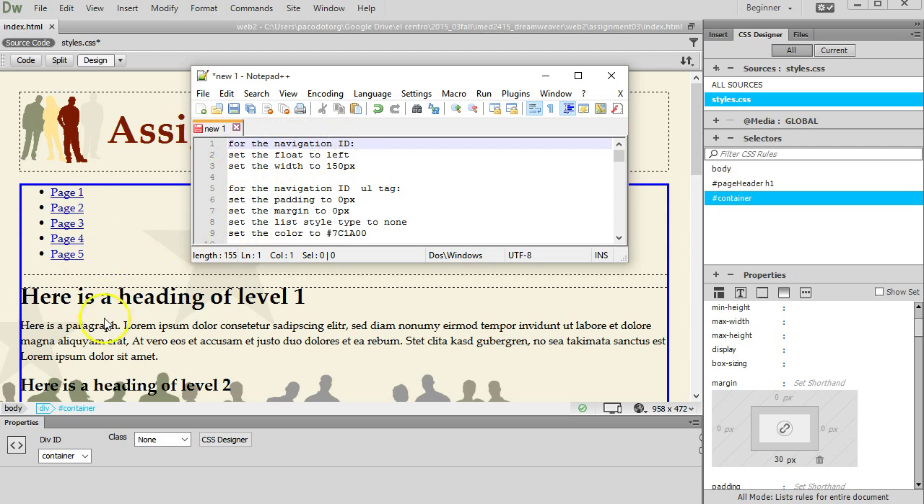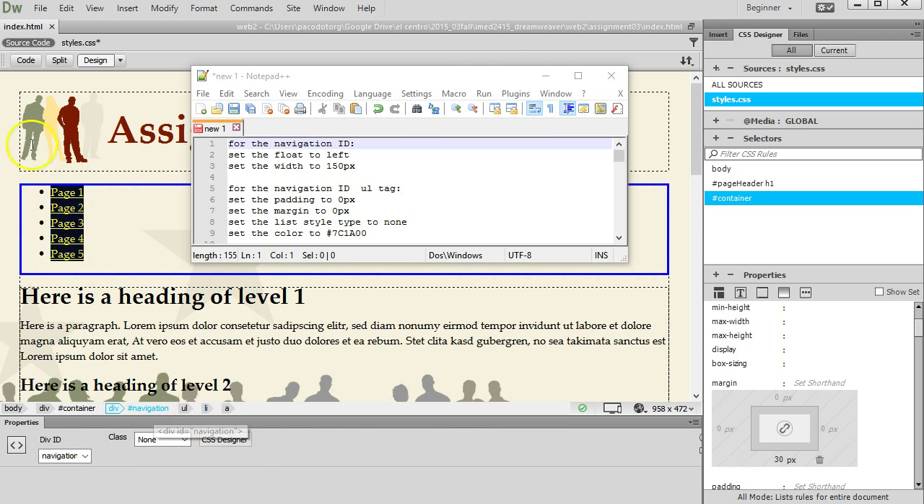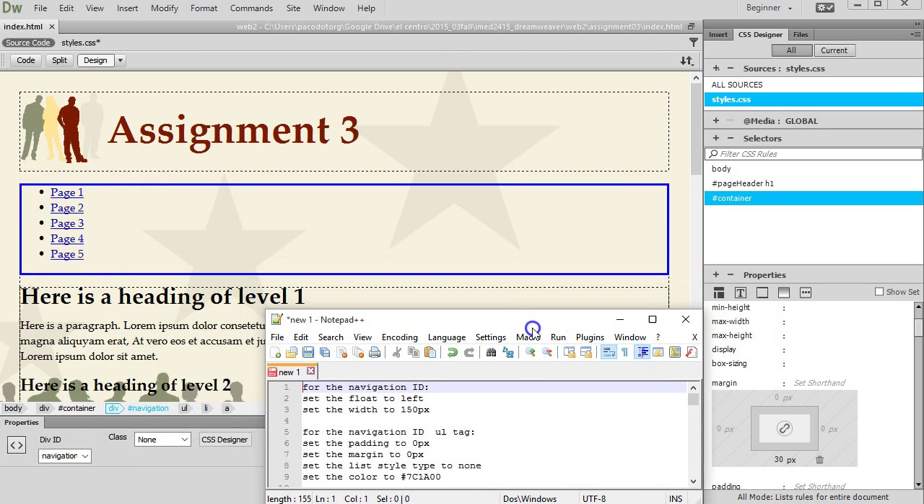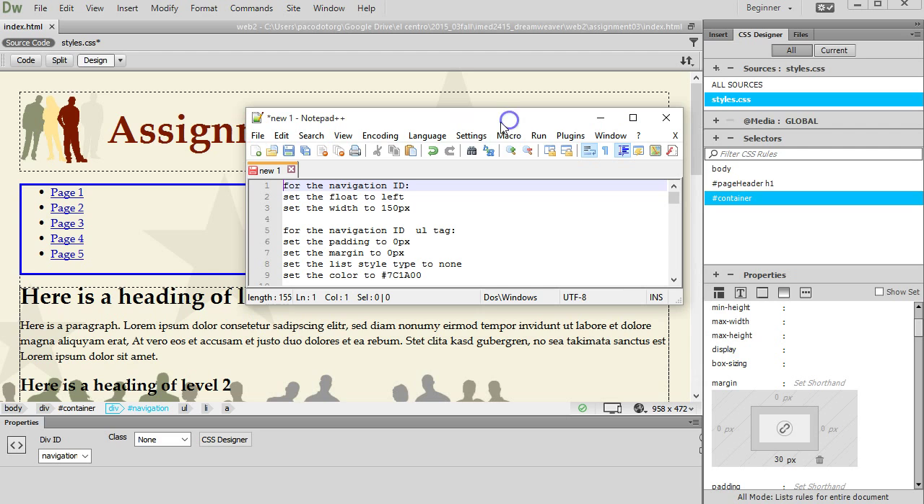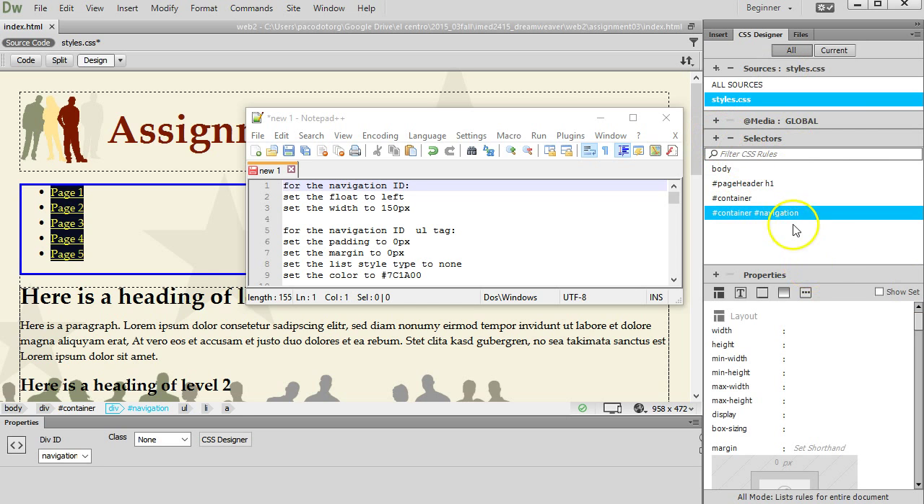For the navigation ID, which is going to be these little numbers here, page 1, etc. If I click on one of those, you'll see that I see body, division container, division navigation, and then the unordered list and list and link that follows. I'm going to click on navigation ID. That's it. You'll see the selection on that whole tag, and I will go back to my styles.css and add that selector. Click on plus, and now I have container and